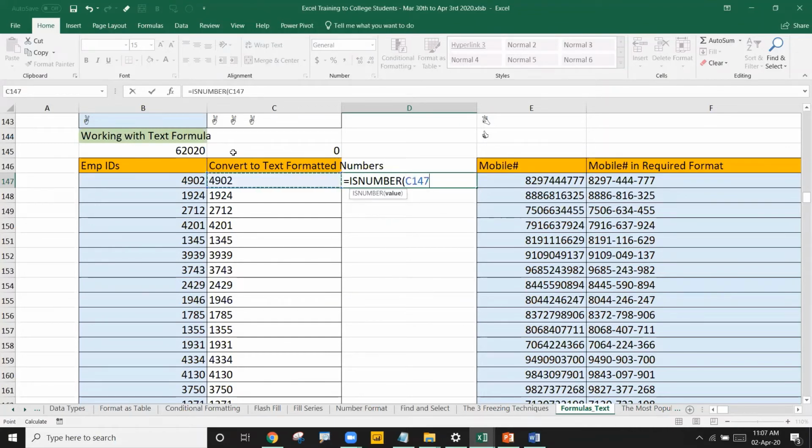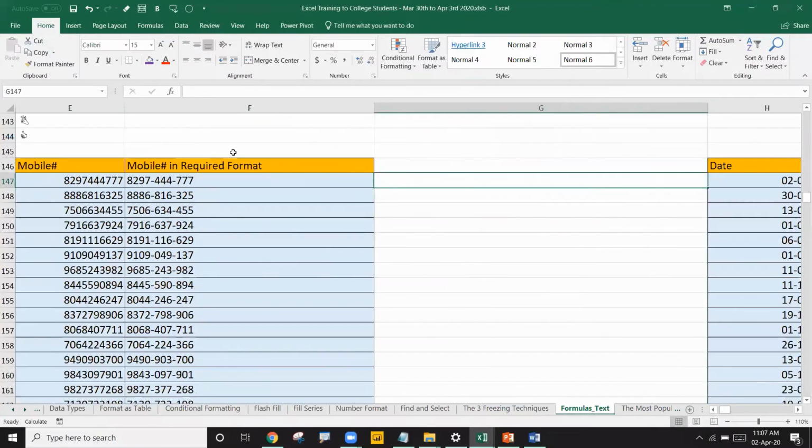Once I refer to the cell and press enter, it says FALSE. Why is it showing false? Because that is not a number at all, correct? So this way you can use the TEXT formula.